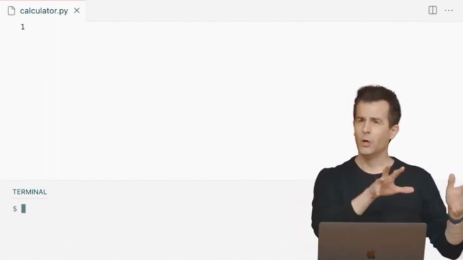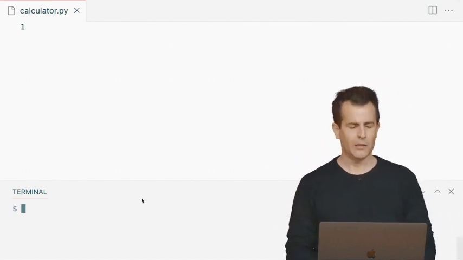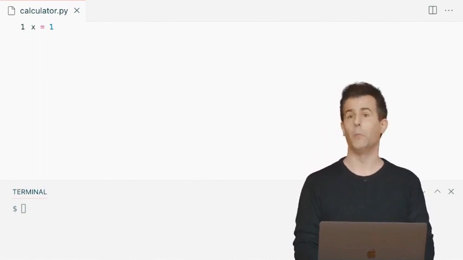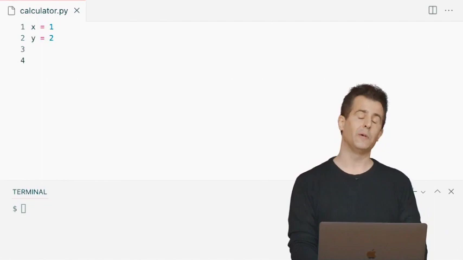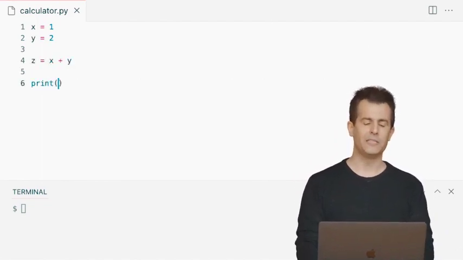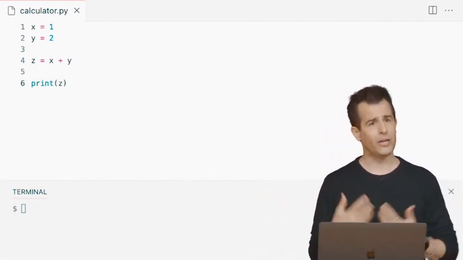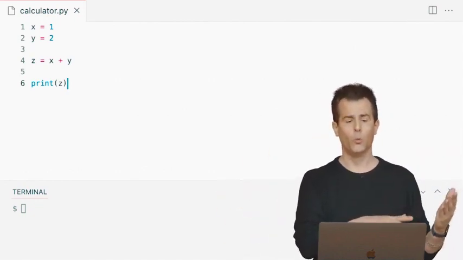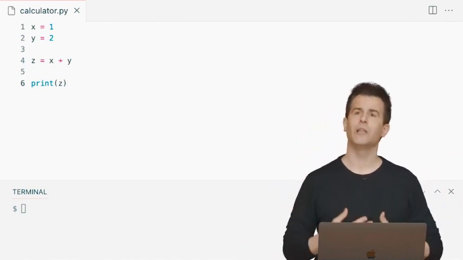But I'm going to do it in a file so that we can iterate on this and make changes for better or for worse over time. Let me go ahead and first declare a couple of variables. I'm going to do the mathematical thing of calling my first variable x, my second variable y, and then I'm going to give myself a third variable, z equals x plus y, and then I'm going to go ahead and print out z. Now, this program, admittedly, not very exciting or interesting. In fact, it's a little less interesting than printing stuff on the screen like before with strings. But we'll build on this and see what other features exist in Python that we can leverage.